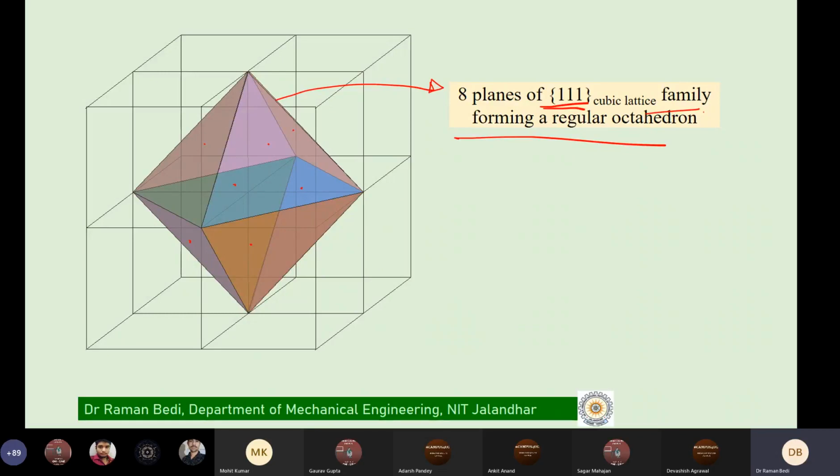So we're providing a lot of information. If you are not noting it down, it will not help you in the test. These are very, very small pieces of information, but they need to be retained somewhere. If you're not retaining them, it is obviously impossible to collect them sometimes even from Google. Okay, so this is regarding your FCC structure.